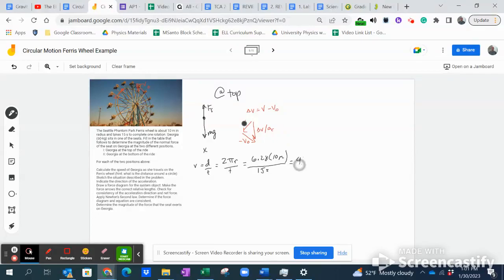All right, once we have this, they're asking us to determine the force exerted by the seat on Georgia. So here we set up Newton's second law. We have the force of the seat pointing up minus